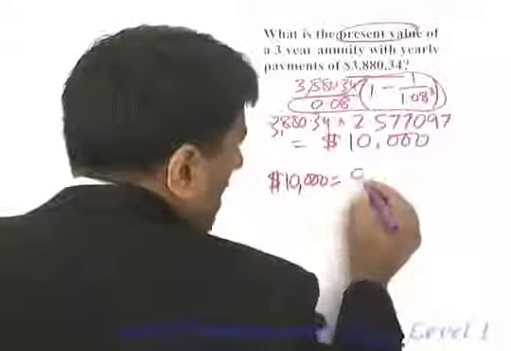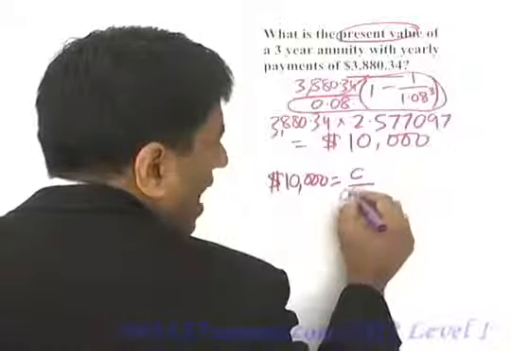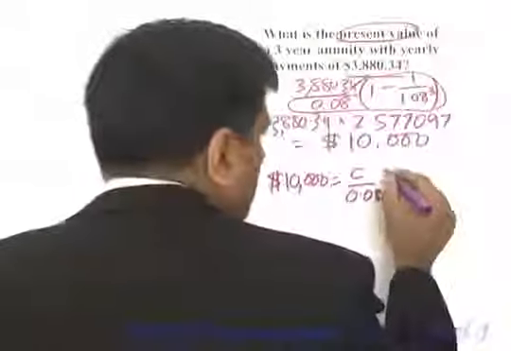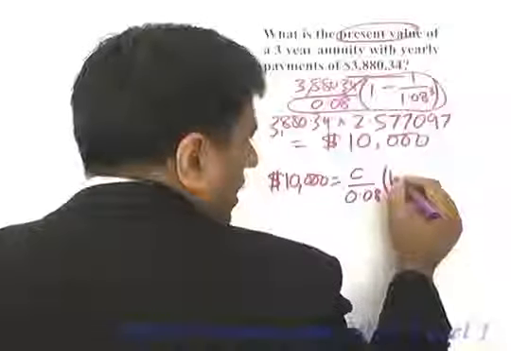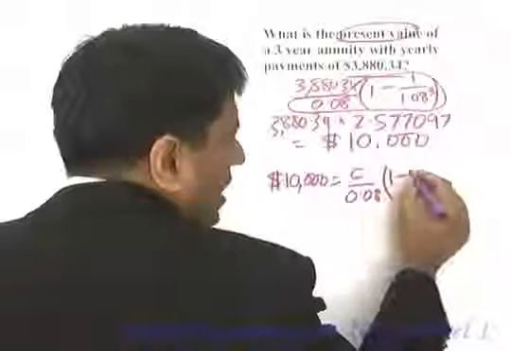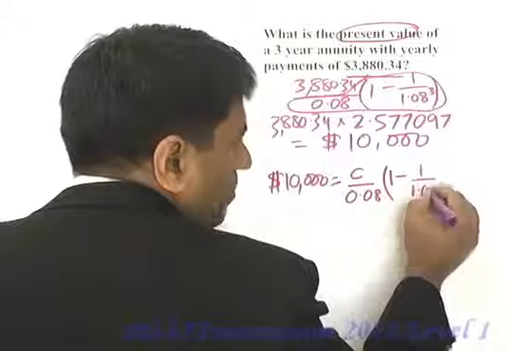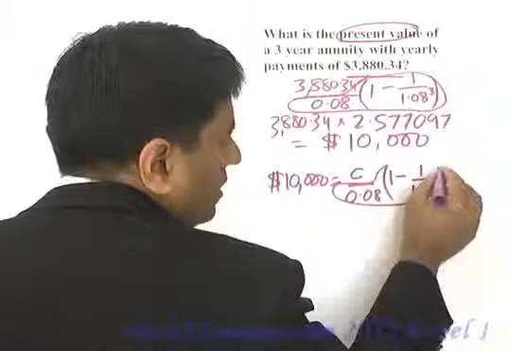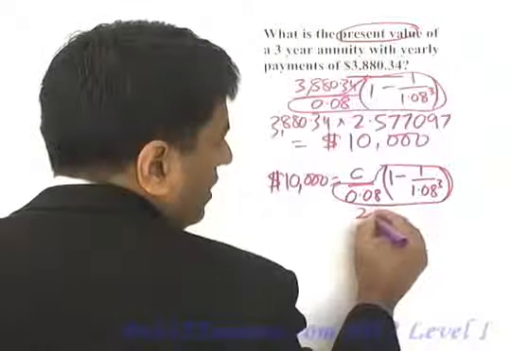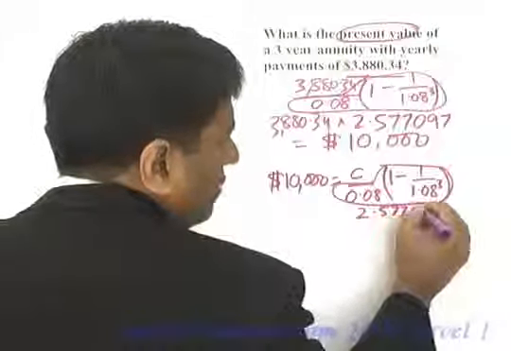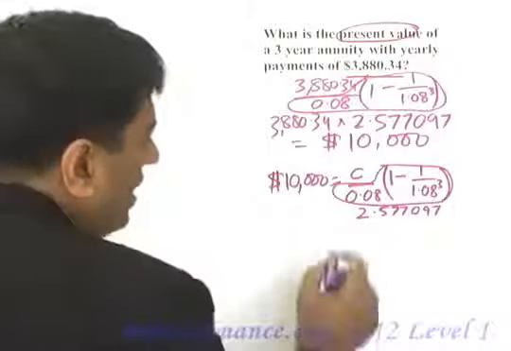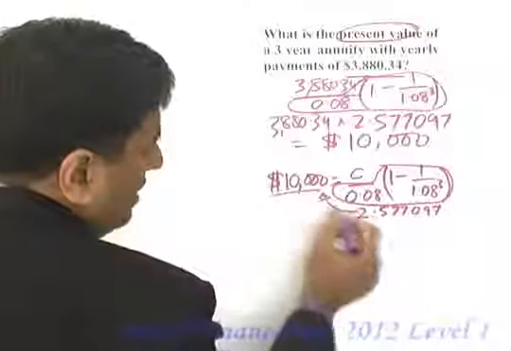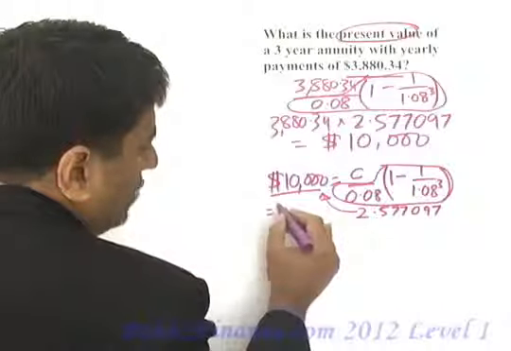I don't know what the periodic payment is, so let's say that's C, and let's say the rate of interest was 8%, so it will be C divided by 0.08 into 1 minus 1.08 to the power 3, and this amount, you know, is 2.577097. So you take it on this side, so that is basically you divide 10,000 by this amount, and the answer you'll get would be